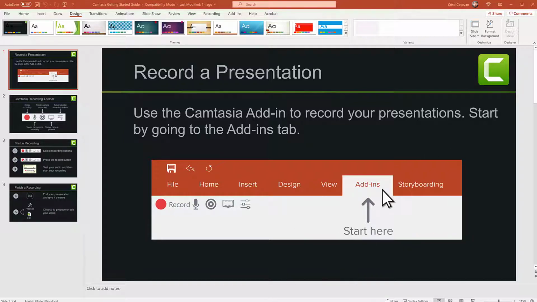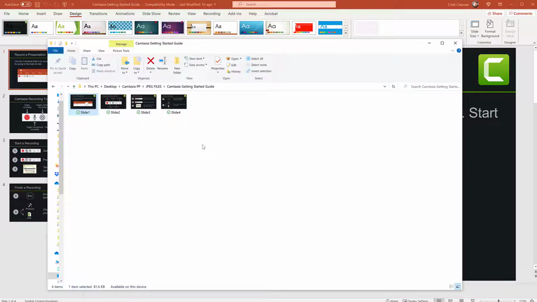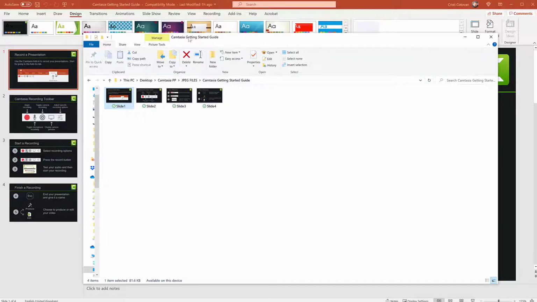So this is the folder where I exported my individual slides. I have a video about that in my suggestions there and in the description. So these are all the slides from this presentation here. You see them, 4 of them, and they are the size of an HD screen slideshow, 1280 by 720. And I want to import these into Camtasia. Each one has its own different file name.